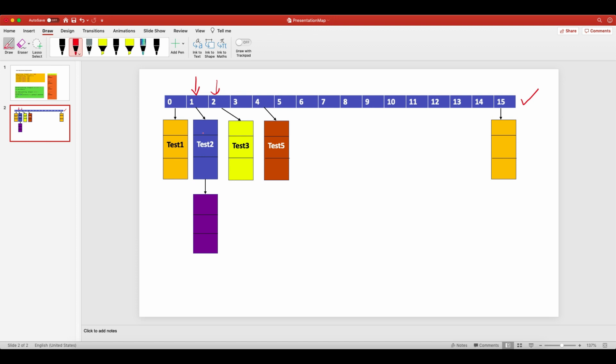That's how it maintains concurrency, because whenever any thread is writing on a bucket, it will put a lock on that bucket. It will not put a lock on the entire bucket array; it will never do that. It will put a lock on the segment. For you to understand, the segment means the individual bucket. Whenever it writes, it puts a lock on this bucket. So you can see that on one index you have two nodes.